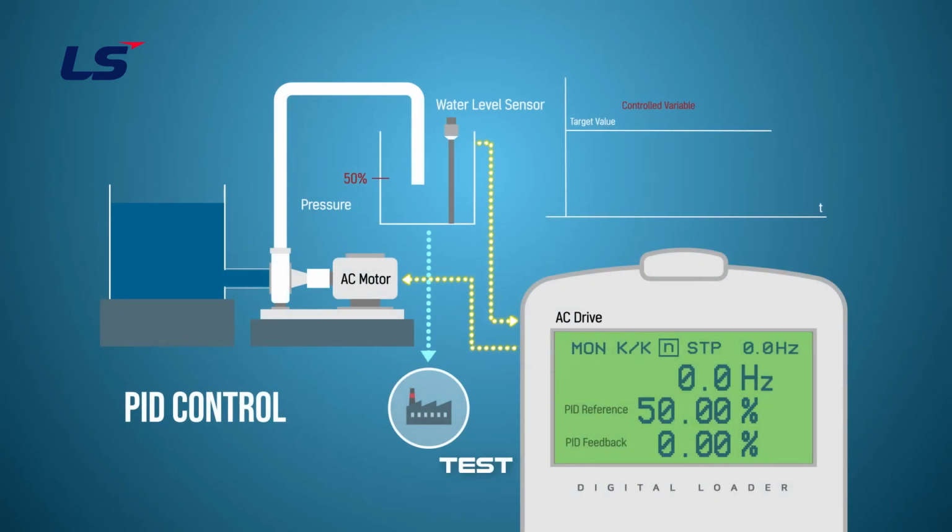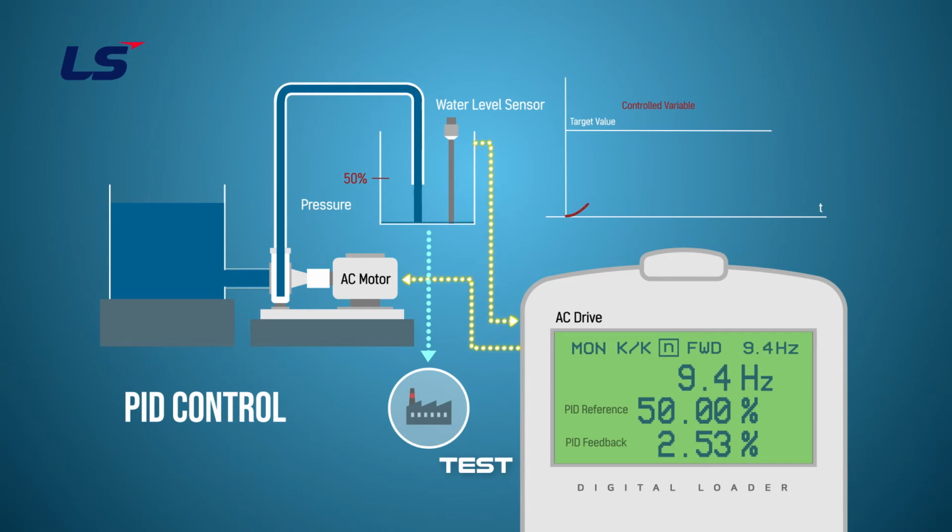If the feedback value is smaller than the target value at the initial startup, the frequency of the inverter rises quickly. The rising or acceleration speed depends on the proportional gain, integral time, and derivative time settings. If the rising speed is slow, increase the proportional gain and decrease the integration time. In the case of loads with low variability, such as pumps, the differential gain may become unstable, so please be